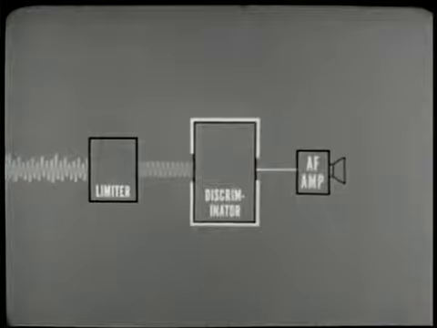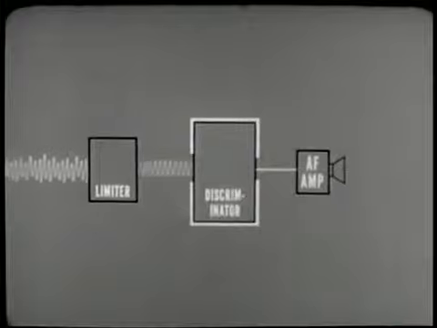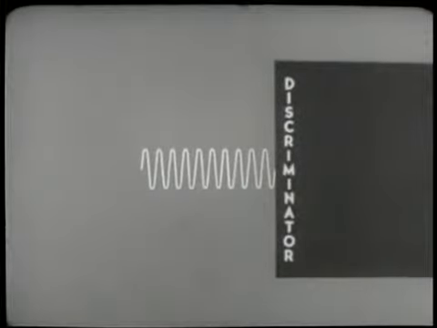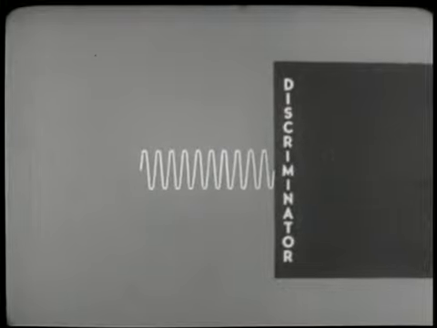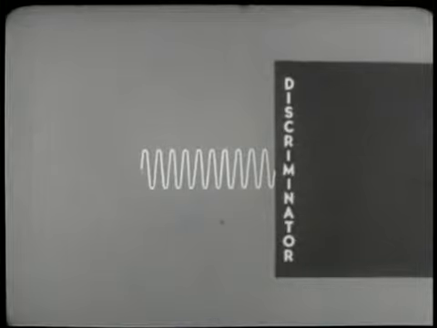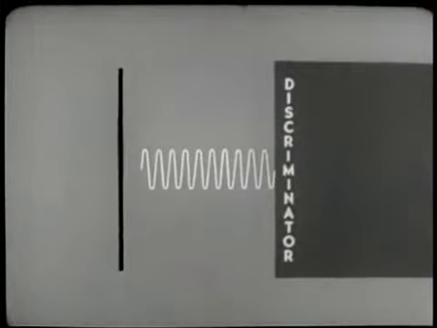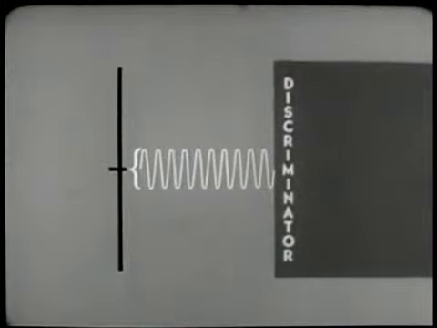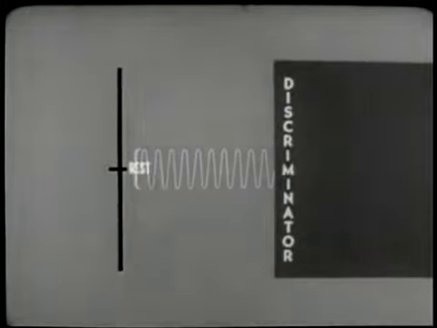All FM discriminators do the same job, but not all do it the same way. For a briefing in the fundamentals of the discriminator, let's take a simplified look at how this typical discriminator does its job. We are primarily concerned with two things, the wave and the discriminator. In place of the wave, this vertical line will represent the range of input frequencies to the discriminator. This horizontal line represents the frequency range of the carrier. It also will represent rest frequencies.